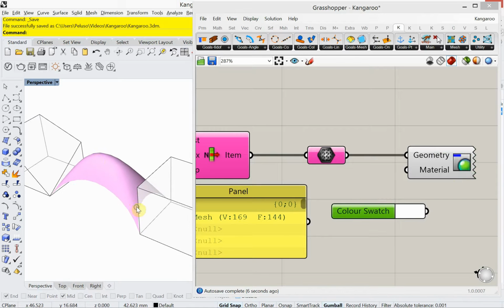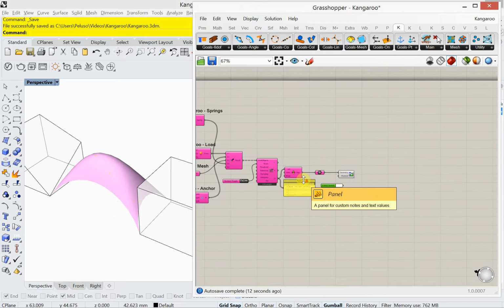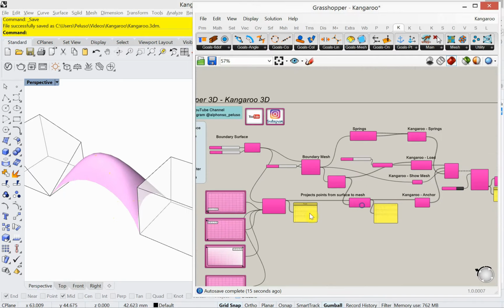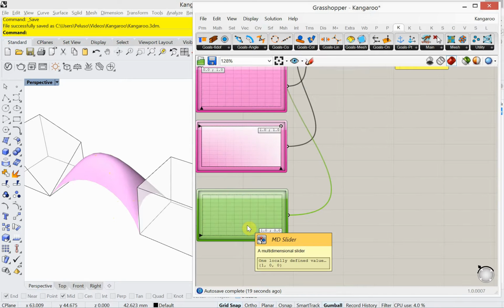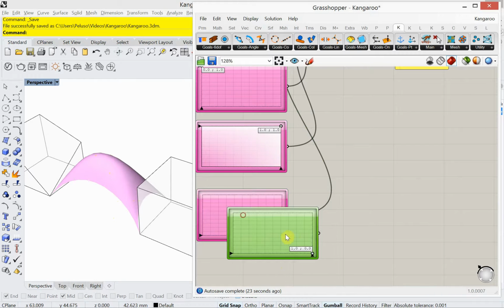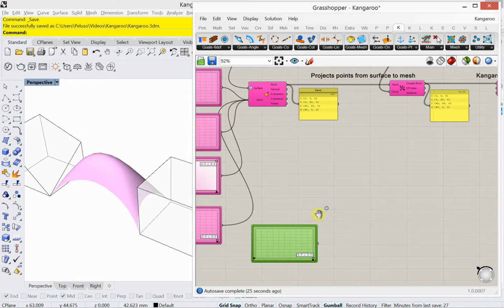Alright, so if you remember in the beginning of the video, I had a point in the center, another support point that was anchoring that down. So let's go ahead and add that as well. I just need another MD slider. I can copy and paste this. Okay, MD slider,